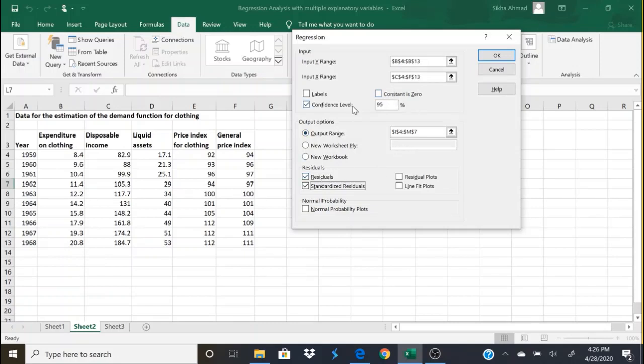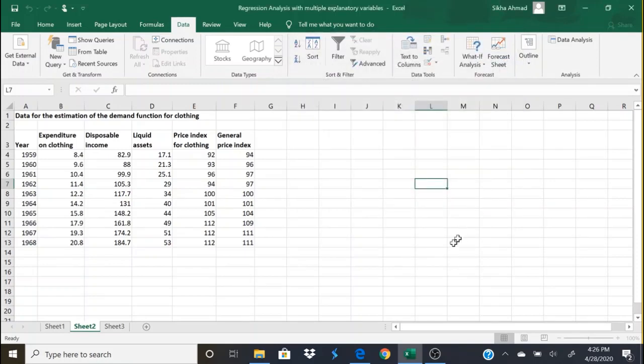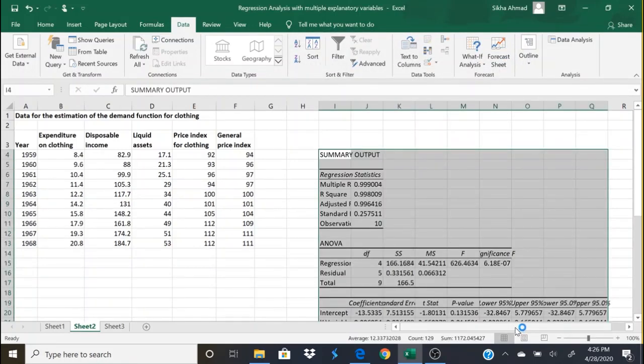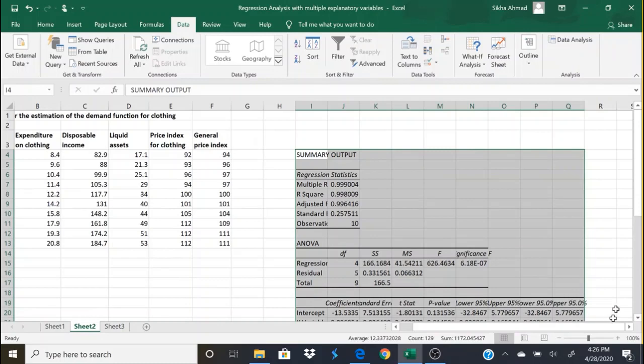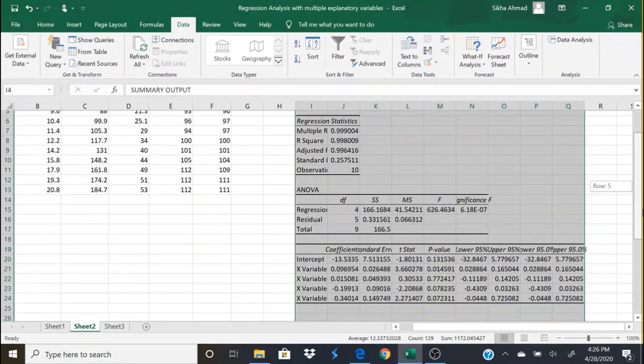Suppose I want to know only the estimated parameters for this particular model, and the t-test values, the residuals, and so on. That is the basic statistics values which we require. So we click OK, and here you can see the result is in front of you.